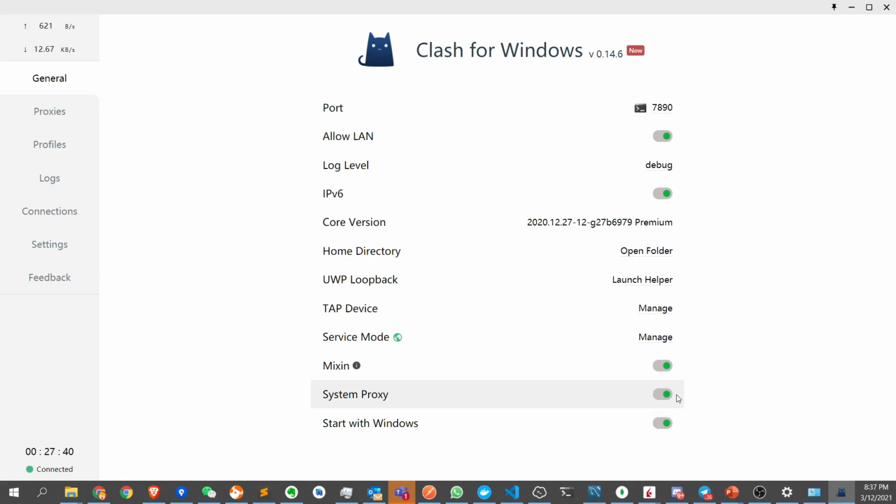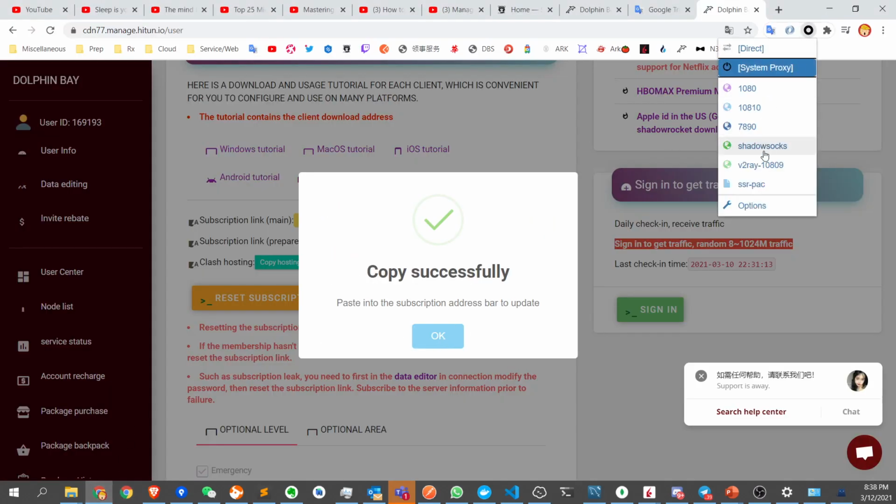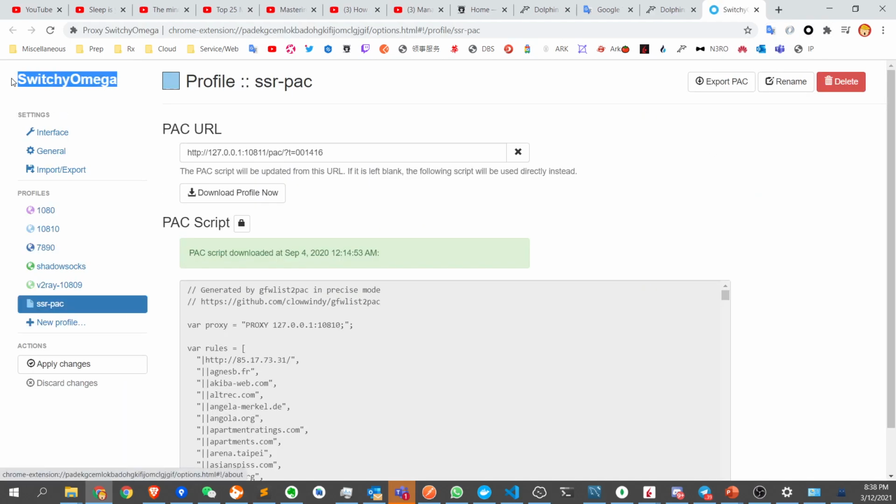Okay, let's go to the general. Make sure you check this button called System Proxy. Then remember the proxy port is 7890. Then let's go to our web browser. Maybe you want to install this Google Chrome extension called Switch Omega. After the installation is done,